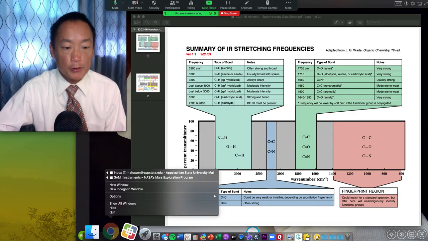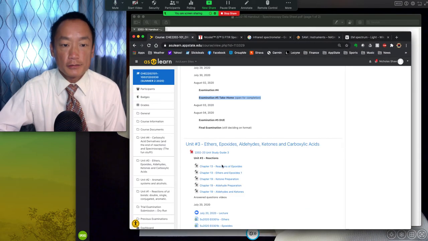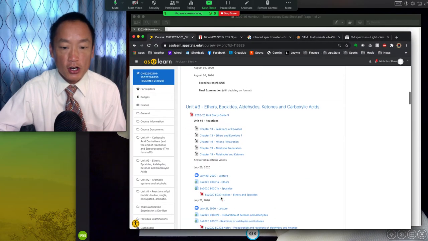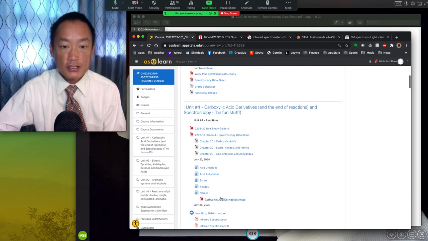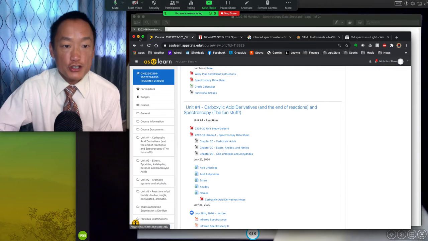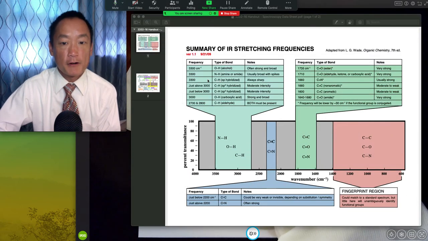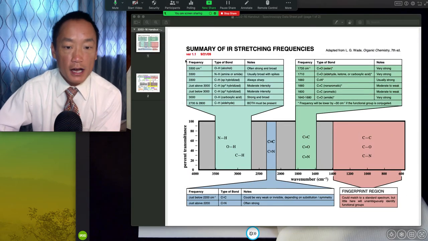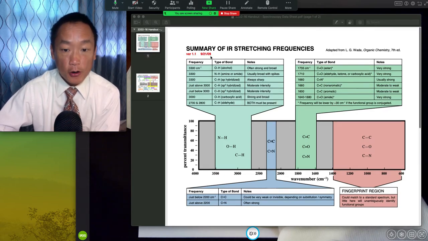let me pull up the website. You will find that on As You Learn, there is a thing called a spectroscopy data sheet, which is this thing right here. And if you click on that, it should produce this document right here, which is something that one of my colleagues at the College of Worcester made. You can see back in 2009.